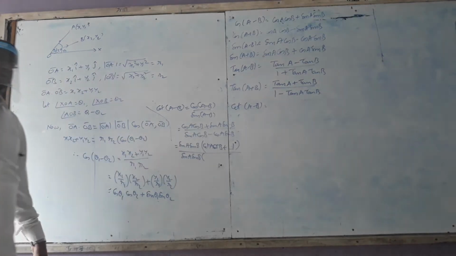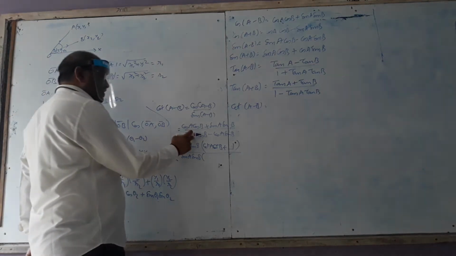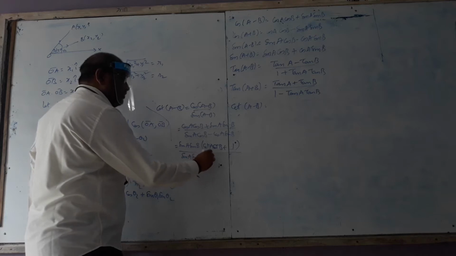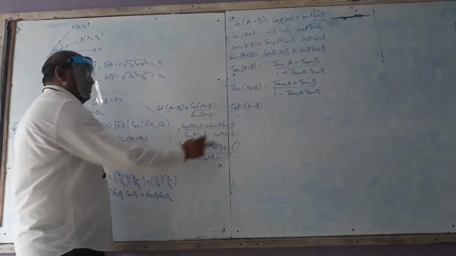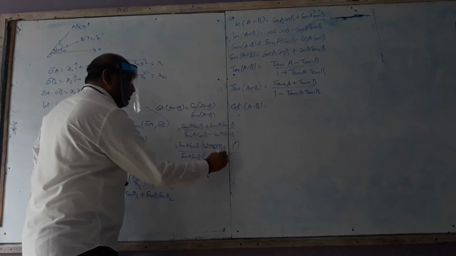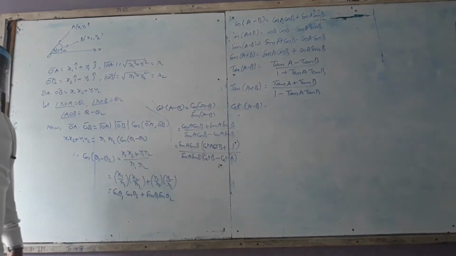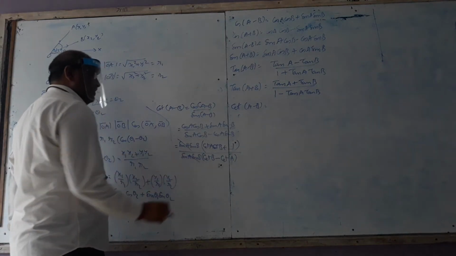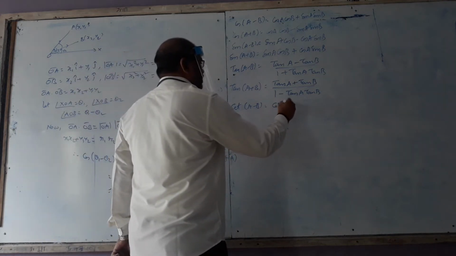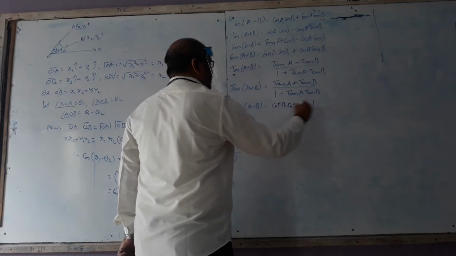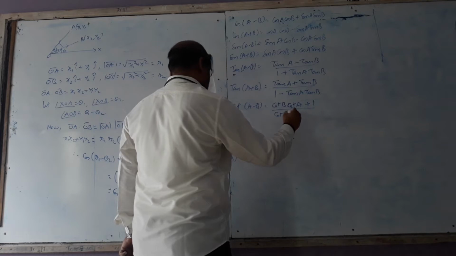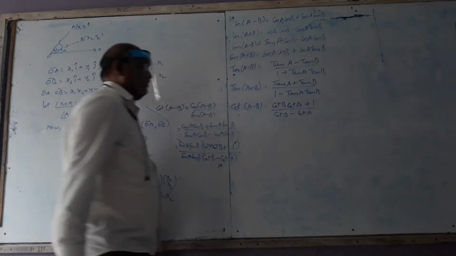In the denominator also take sin A sin B common. Sin B is already taken outside, sin A is not there, so divide. Cos B by sin B becomes cot B, minus. Sin B is already taken outside, sin A is not there, divide. Cos A by sin A becomes cot A. Sin A sin B cancelled, so it equals cot A cot B plus 1 by cot B minus cot A.